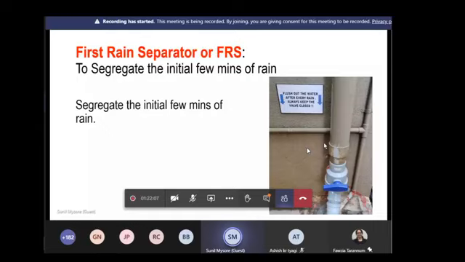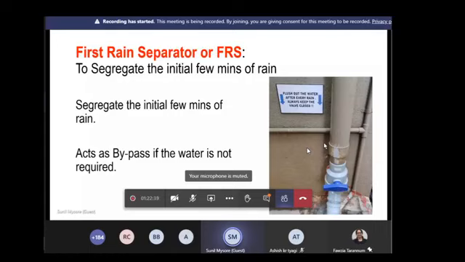The other thing it does is that it also acts as a bypass valve. For example, if for some reason you don't want the water, say you accidentally burst some crackers on the roof, or you have had a party on the roof, or there is Diwali and people have burst crackers, not by intention, accidentally it has happened. So this is a way to bypass that. You don't want the water to get into the further filtration or into the sump. You can just open the valve, and the water goes into the drain, or just goes out. This is called a first strain separation. This is the detail.